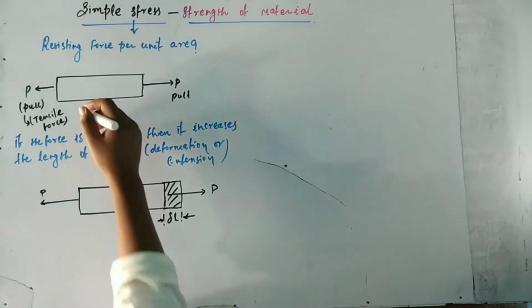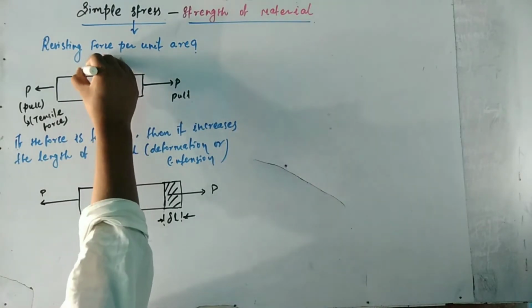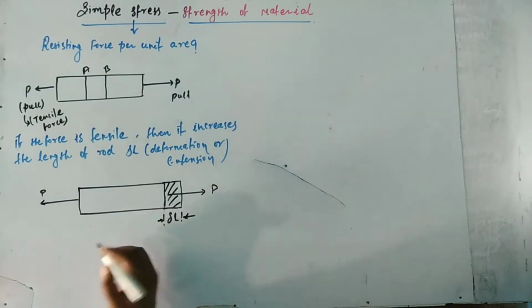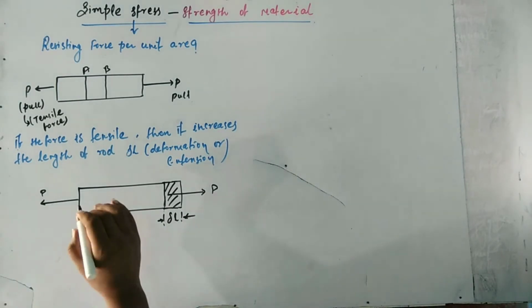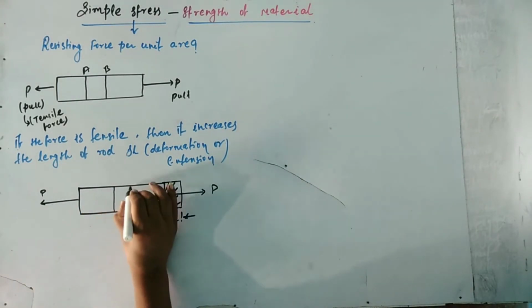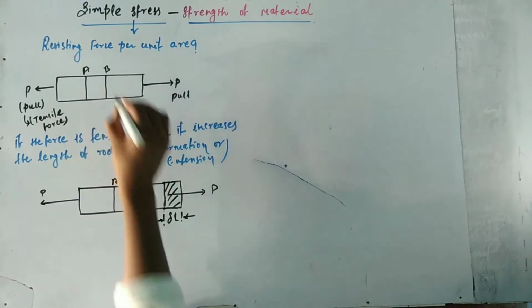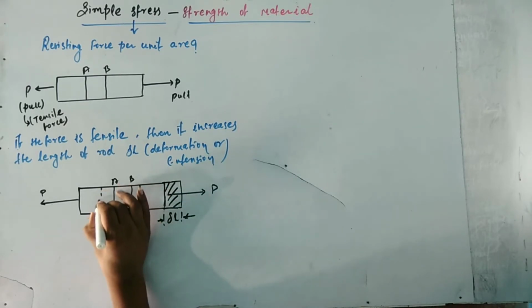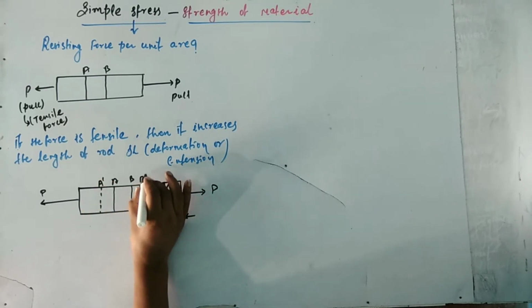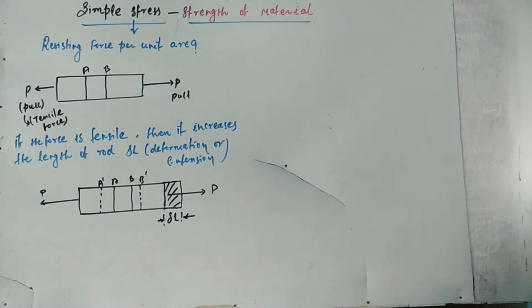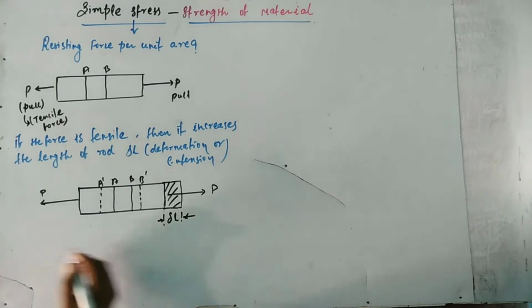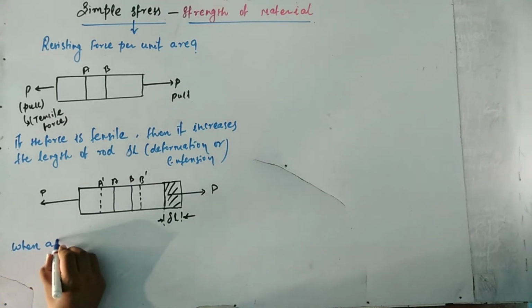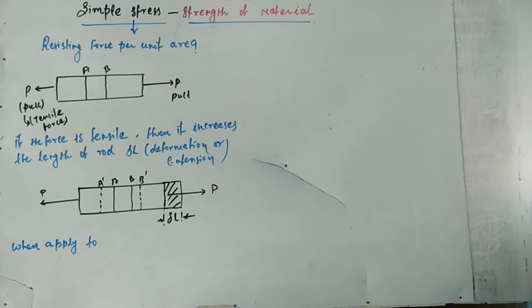So deformation of the rod takes place, and if we take two planes, A and B, then the distance between the planes will increase. So it will be like this. This one is A and B, and when the distance between the two planes increases, they become A dash and B dash. The distance between the two planes will increase when we apply the pull force, or tensile force. That is deformation of the rod.